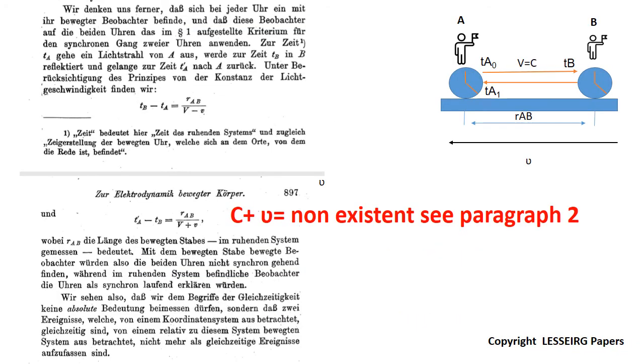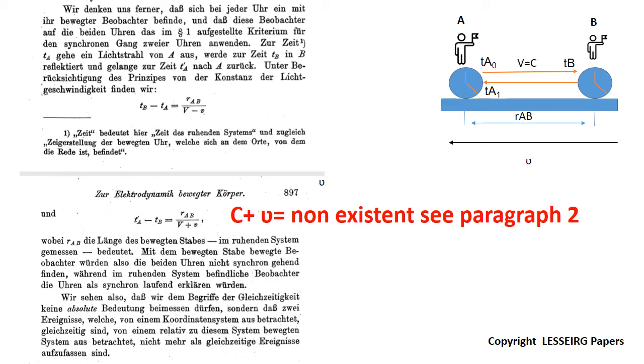and defines the systems in motion. And this is kind of interesting. He describes a rod, and on each end of the rod he puts a clock, and on each clock he puts an observer, and then he sends a light beam from clock A to B and then back from B to A. And then he develops the perspective of observer A and the perspective of observer B.